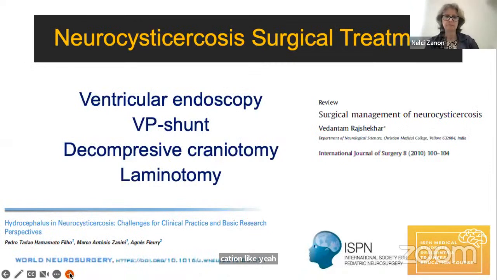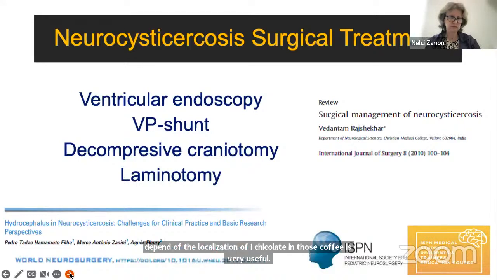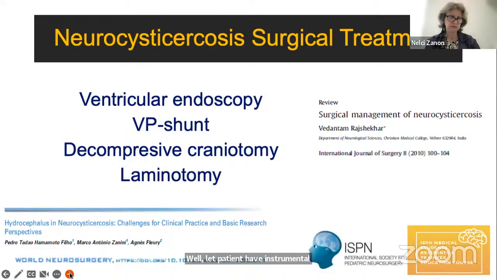The surgical treatment for neurocysticercosis depends on the localization of the cyst. Ventricular endoscopy is very useful when the patient has an intraventricular cyst in the racemose variety, and a shunt is another technique